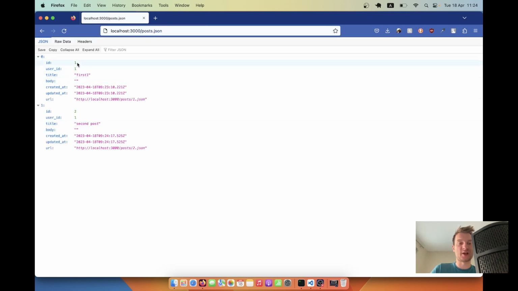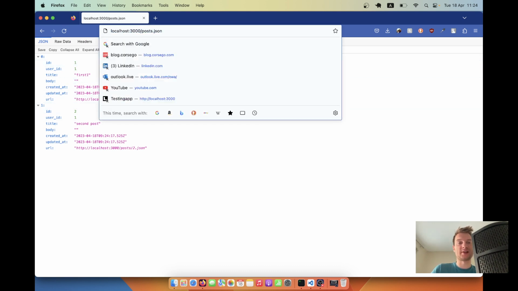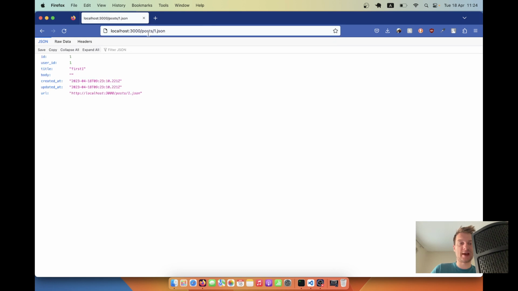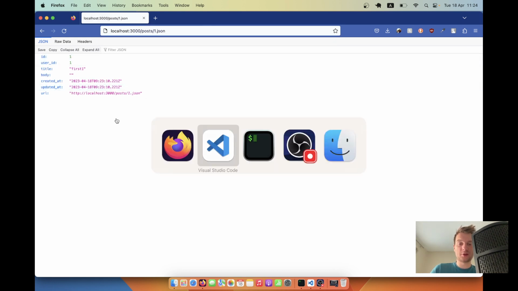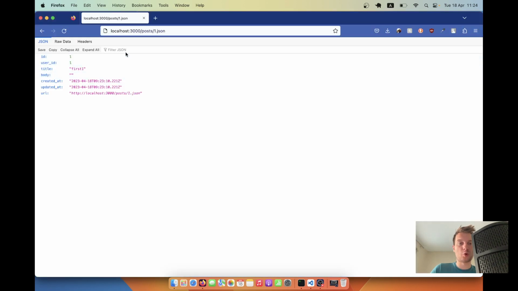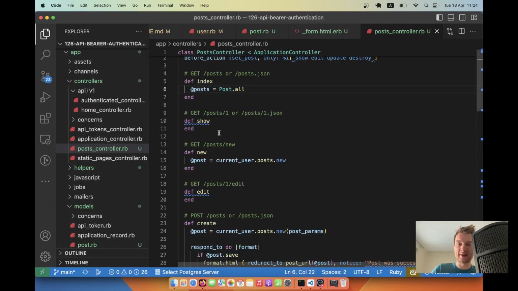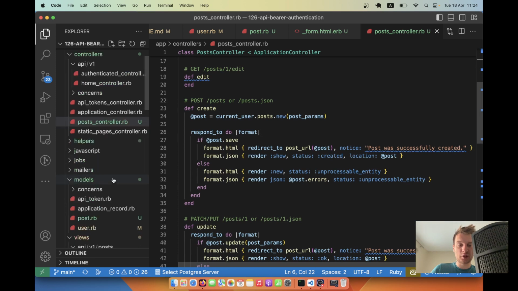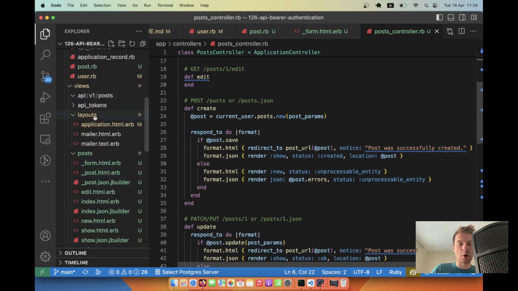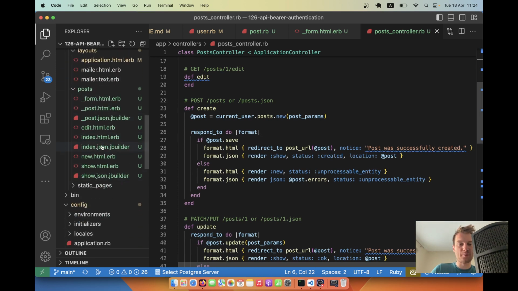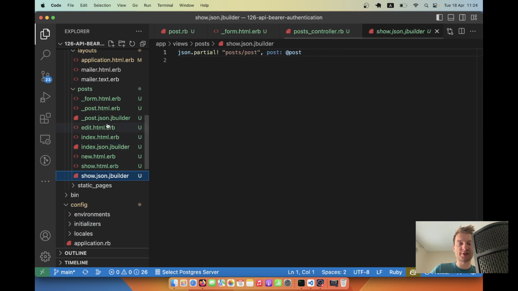So the post with ID 1 and ID 2. And I can go to, for example, posts/1.json. I get the post with ID 1 in a JSON format. And how does it work? How do I generate these arrays? Well, the JSON format looks for the template in our views posts folder, for index.json.jbuilder or show.json.jbuilder,